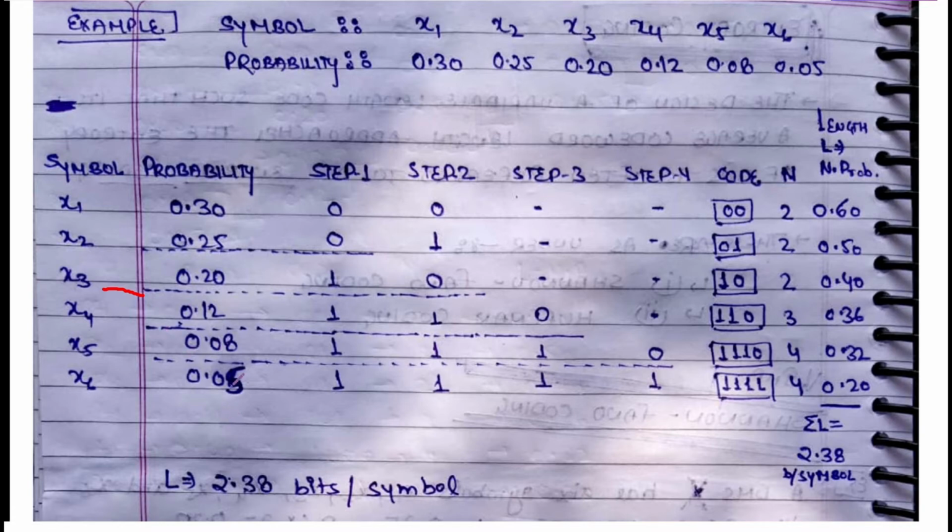So if you are watching this, I would actually suggest you and advise you to check all the 3 methods. That is initial division. आप एक बार 2 4 करके देखो, एक बार 3 3 करके देखो, एक बार 4 2 करके देखो, and see how it affects the code that you find, and how it changes your efficiency, right? So यहाँ पर मैंने 2 4 division consider किया है.